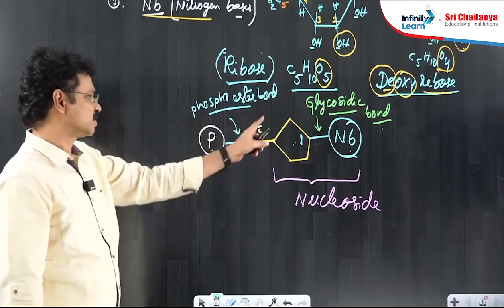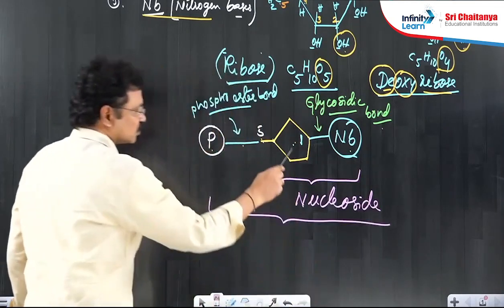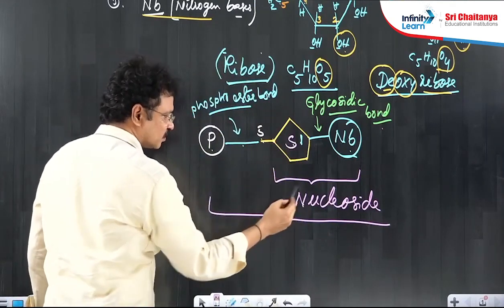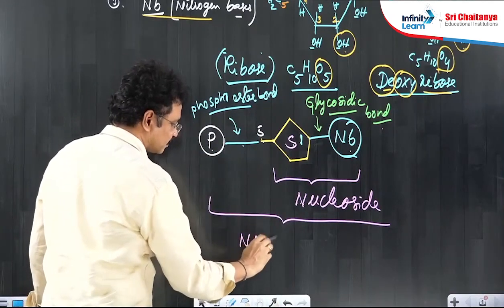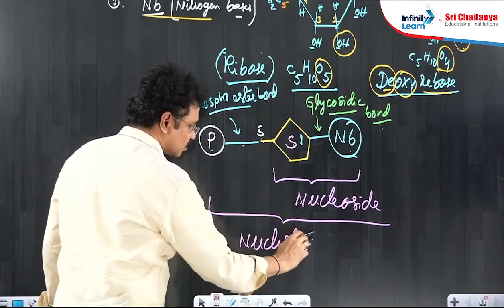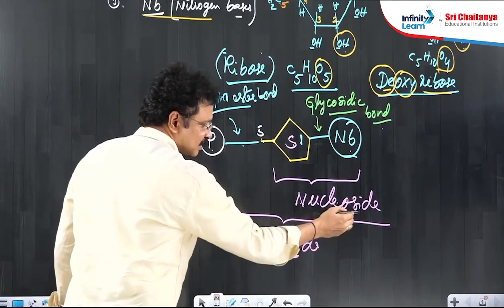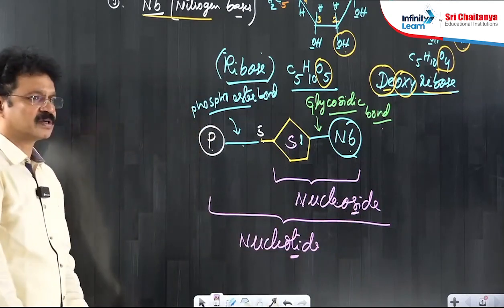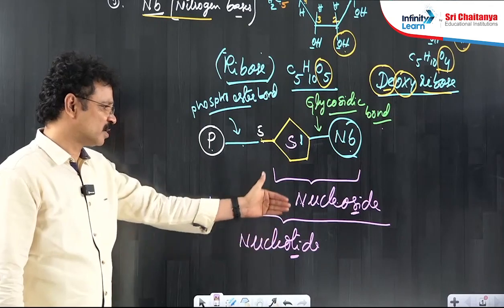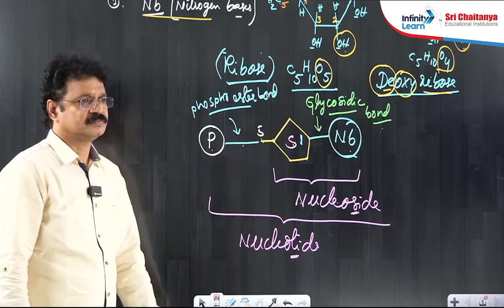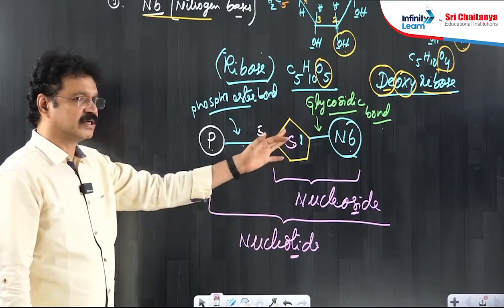So two types of bonds are essential to construct the overall nucleotide structure. Sugar plus nitrogen base is a nucleoside. Nucleoside plus phosphate is a nucleotide. Some chances are there to confuse nucleoside and nucleotide. If the ending is T, it is nucleotide; if the ending is S, nucleoside. Side is different from tide. Try to remember this one. Tell me, is the nucleotide the bigger molecule or the nucleoside? Tide is bigger, side is smaller. Nucleotide is always bigger than nucleoside.